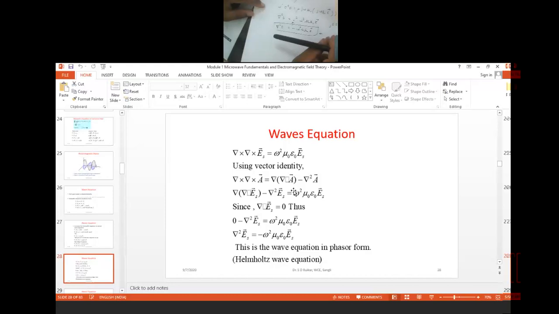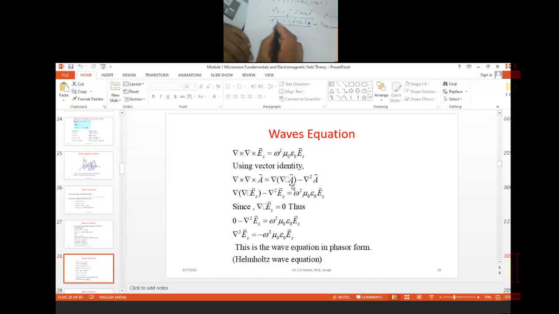The electric field vector. And this wave equation, when we are writing it in terms of all these factors, is only for free space. This is the free space condition. The wave is propagating in free space, so that's why this is nothing but a free space condition. If the wave is propagating in any other medium, then this del square is not equal to minus omega square. Okay, there will be one more additional term if it is not propagating in free space. Okay, it is in a dielectric medium or any other medium,